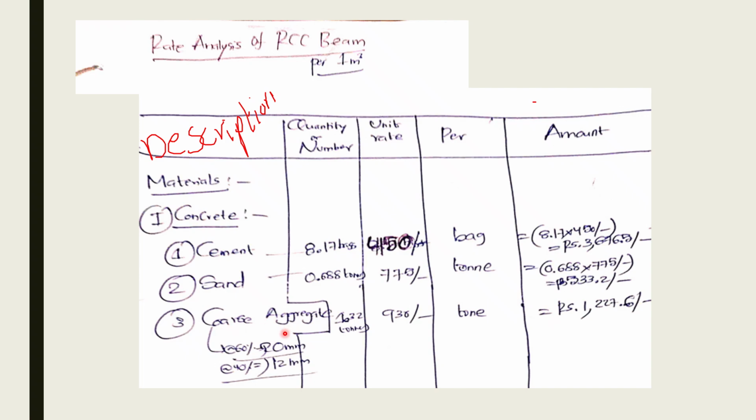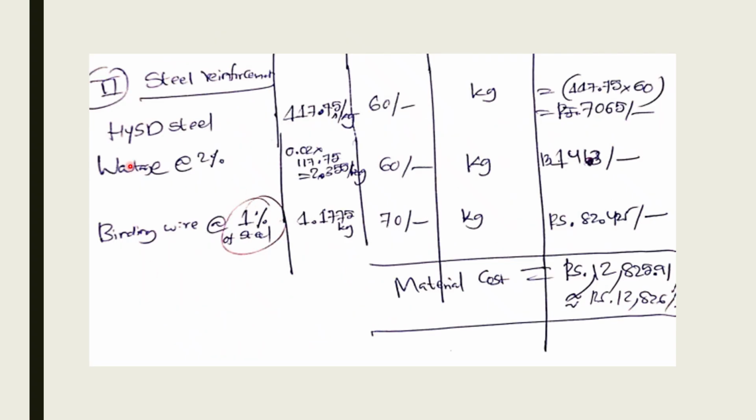And what is the price of 1 ton of coarse aggregate? 930 rupees. And how much quantity do we get? 1.32 tons. So multiply 1.32 with 930, we get 1227.6 rupees. This is the cement quantity price. Next, in the next slide we find